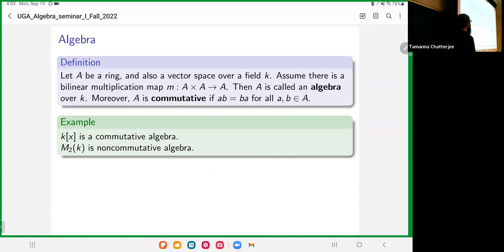Okay, an algebra: when K is a field, A is also a vector space over the field. Then we define a multiplication map, A cross A to A, and that's called an algebra. If that multiplication map is commutative, then we call that algebra a commutative algebra. So if you think about polynomials with coefficients in K, that is a commutative algebra. Or we can think of the 2 by 2 matrices with entries in K, which is going to be